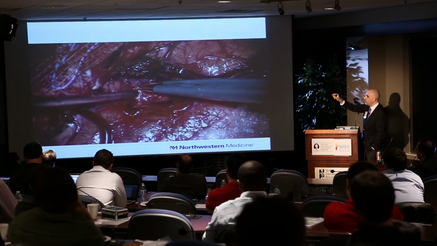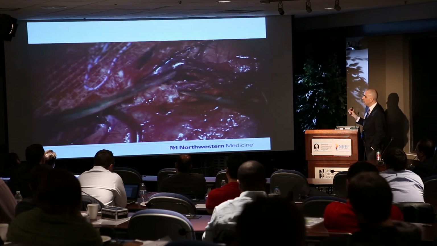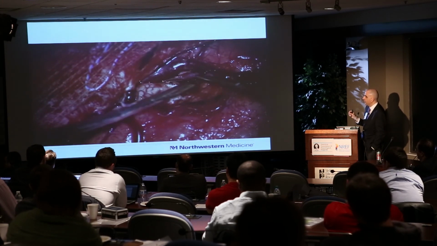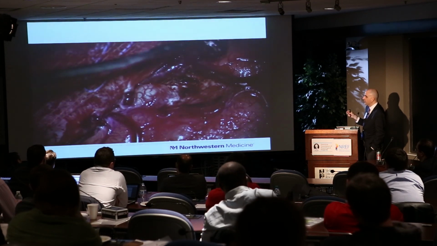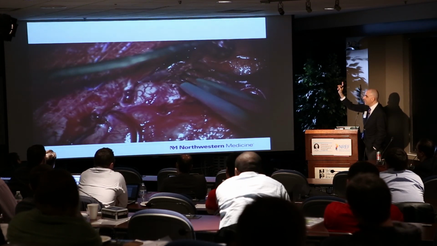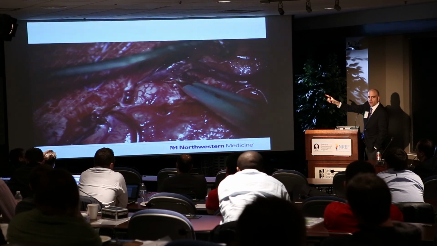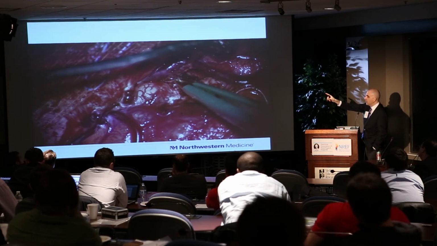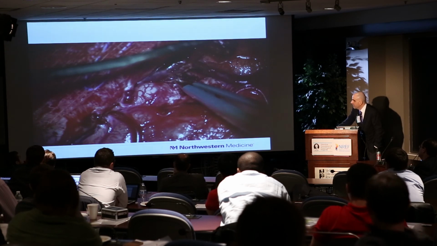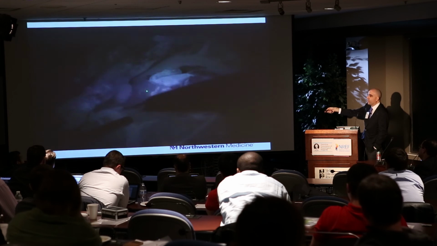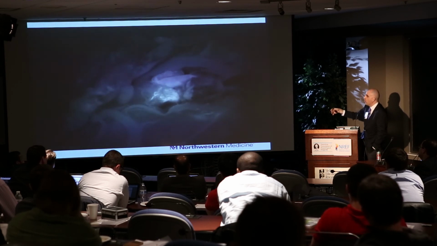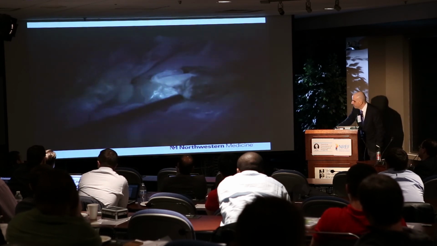The vein was very tortuous, but I completely skeletonized the vein, and we're going to pull it out in one piece. So here you see the AVM now has been elongated because it was in a circle before, and now we're looking at the vein completely all the way back until it connects with the Labbé transverse sinus junction. We're seeing the entire length of the vein. We're inspecting it circumferentially, then dividing it. And here's an ICG showing reversal of flow in the draining vein, confirming that there's no more arterialization.